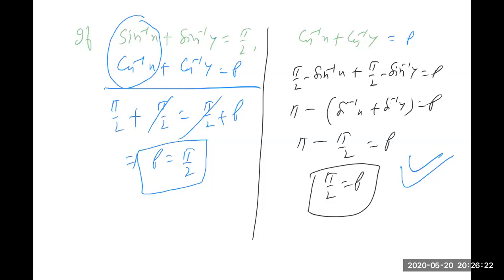Understood? Yes, Nidhi. Second method will be better for board because here you are using simply identities. Okay, let us consider cos inverse x as a sin inverse. We know cos inverse x plus sin inverse x equal to pi by 2. So cos inverse x equal to pi by 2 minus sin inverse x. Similarly, cos inverse y is equal to pi by 2 minus sin inverse y. So pi minus sin inverse x plus sin inverse y, and that value is pi by 2. So this is equal to pi by 2. So in board, write by the second method.